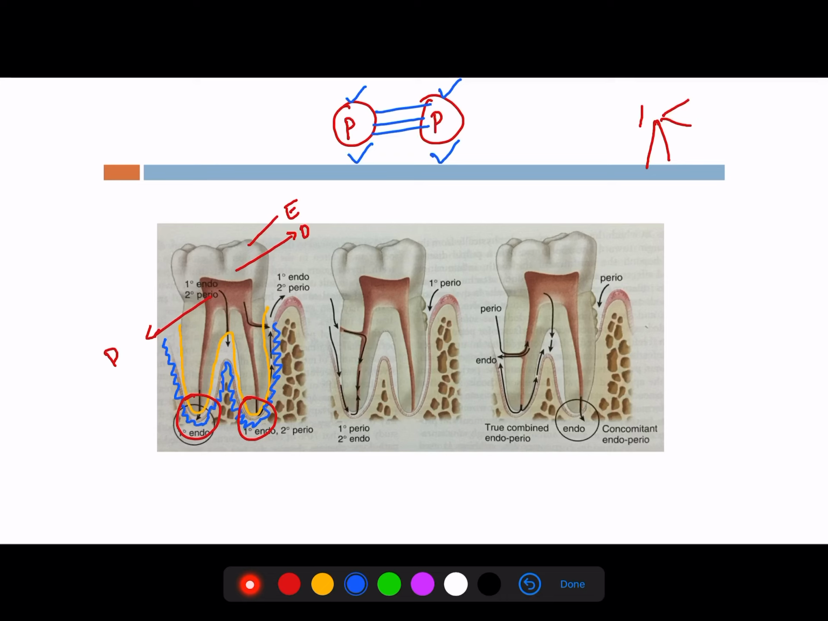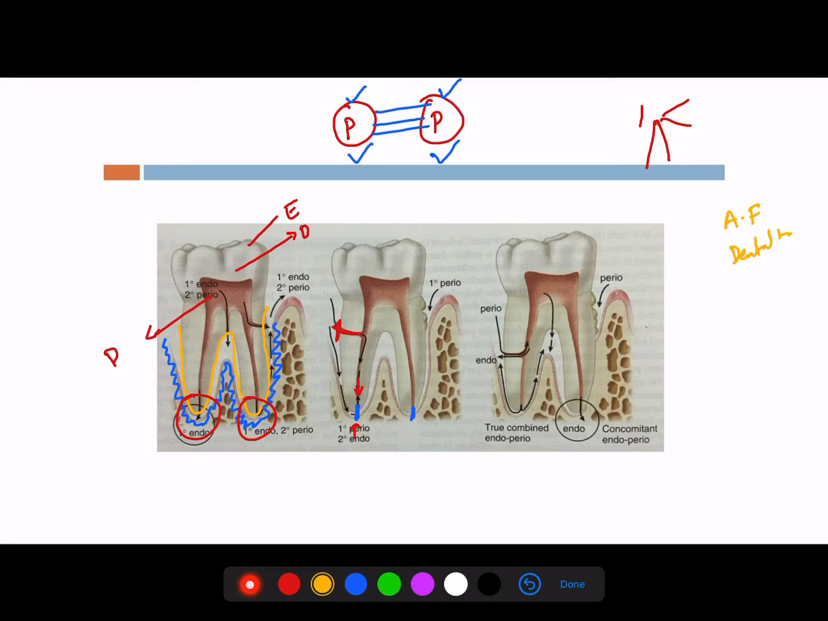The communication number one is the apical foramen. The apical foramen is one communication where the pulp communicates with the periodontium. And the second communication you can see here: whenever there is a gingival recession, you will lose cementum over that particular area. The yellow colored cementum is lost and your dentinal tubules will be exposed. So the first route is the apical foramen, the second route is